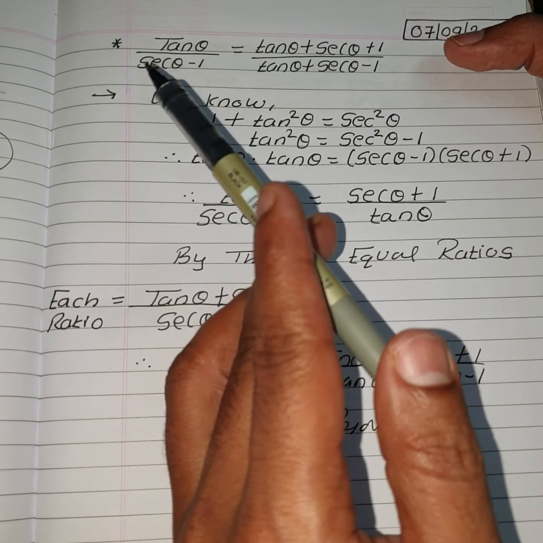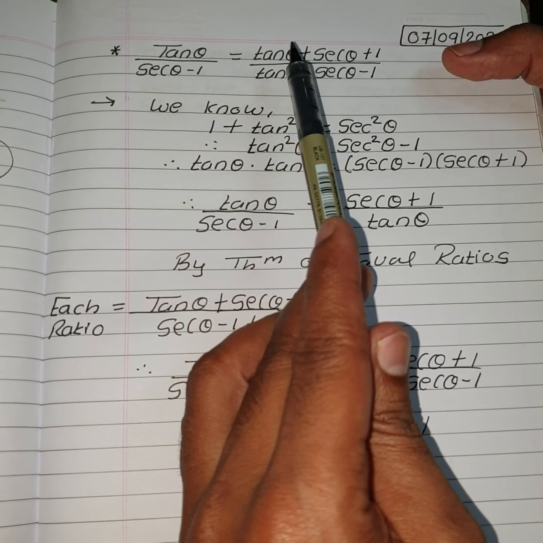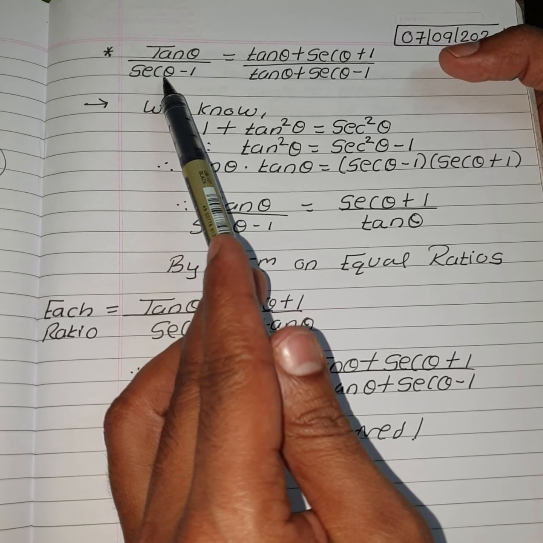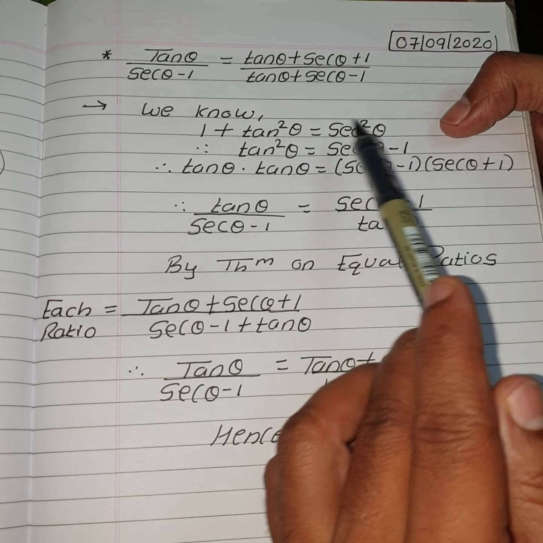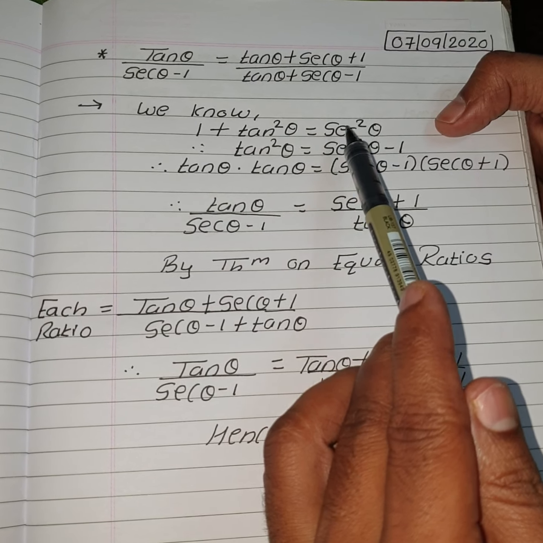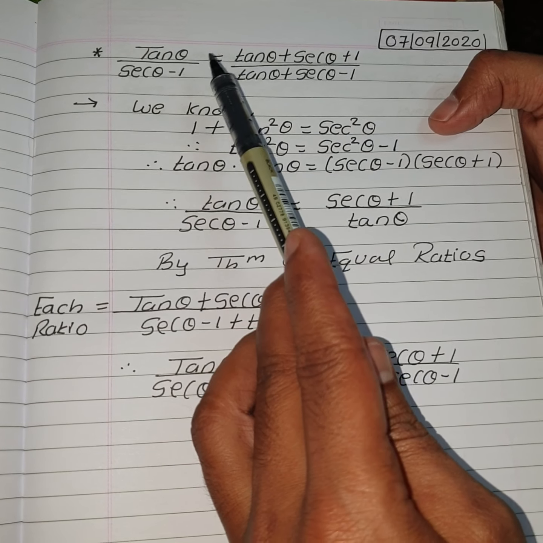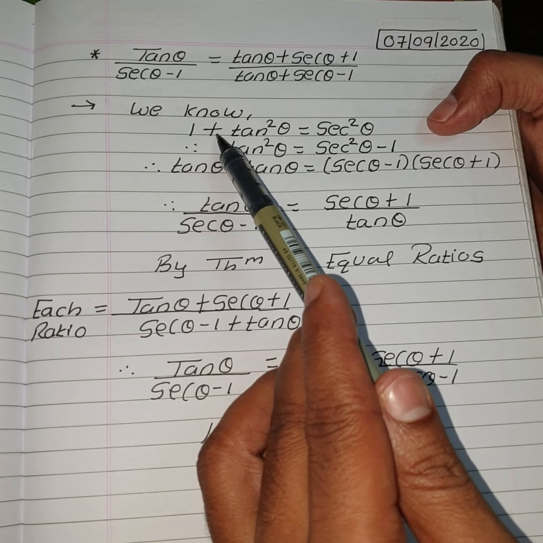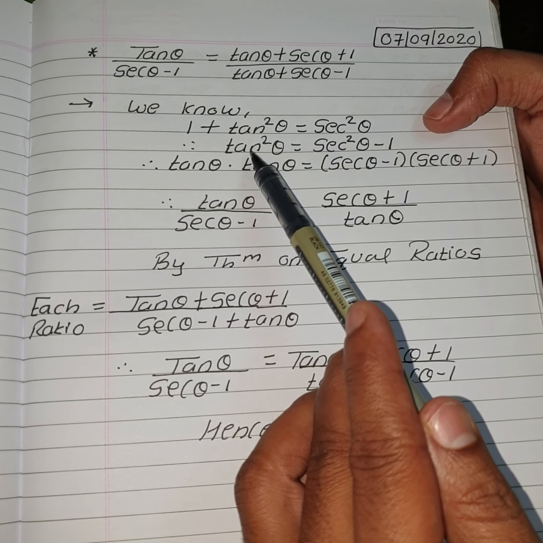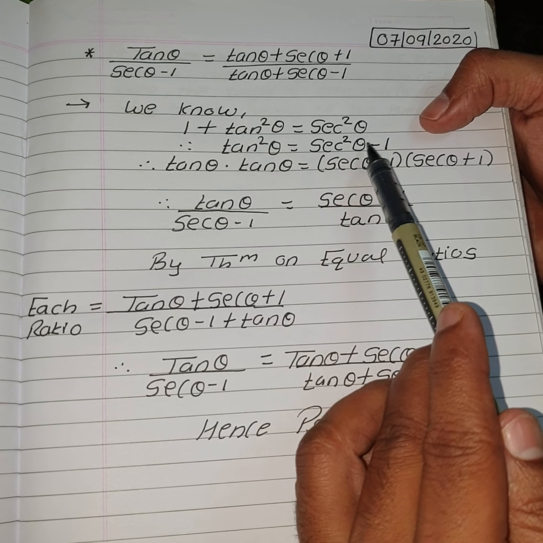Now in this case, if you observe the sum, in left hand side and right hand side there are two terms, tan theta and sec theta. So first we started by using the identity 1 plus tan square theta is equal to sec square theta. Now I was just needing tan, so what I did, I shifted 1 from left hand side to right hand side. So I got the step tan square theta is equal to sec square theta minus 1.